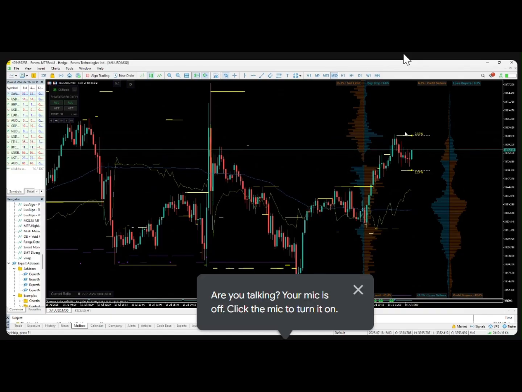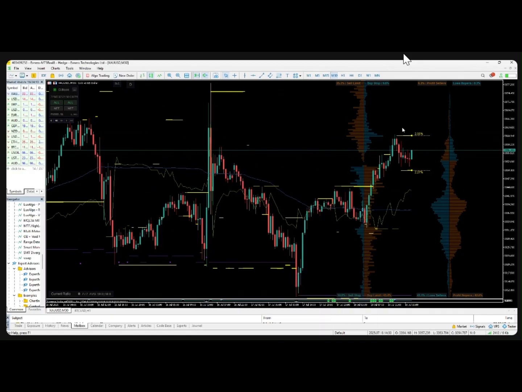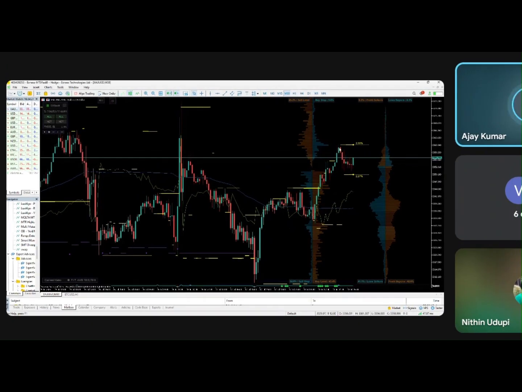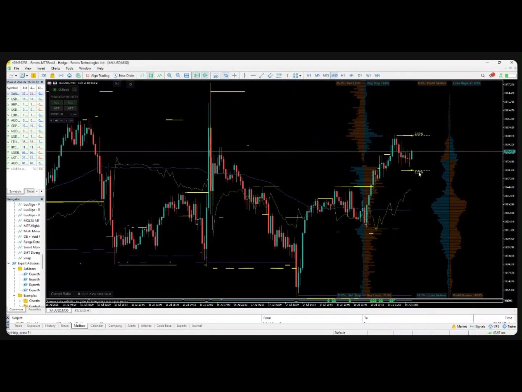Small SL. This will be a very small SL. Above this will be your SL, because this is a stop loss cluster. For the stop loss cluster, we are placing our stop loss. For the stop loss cluster, we are maintaining stop loss. So this will be the highest point of liquidation. So once it touches this level, it will come down because it's having the highest probability of 2.55, and this is